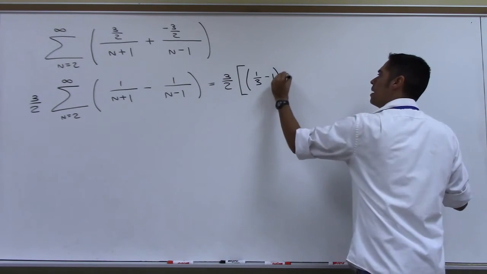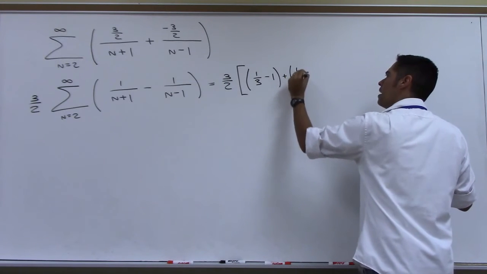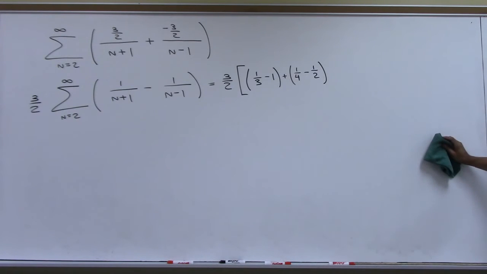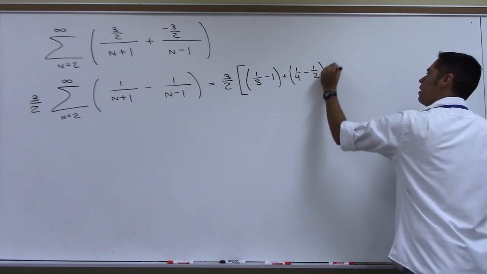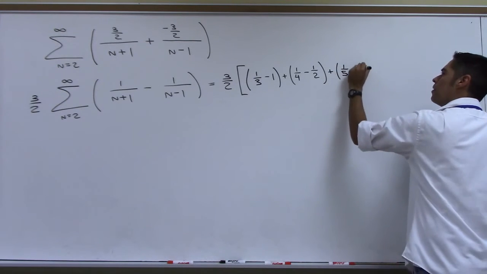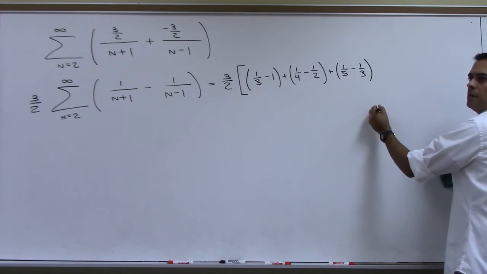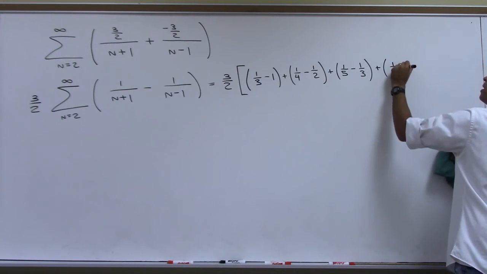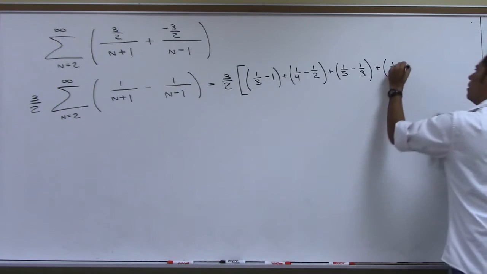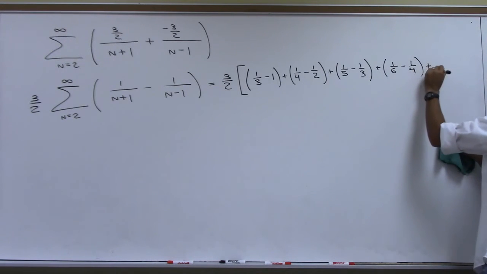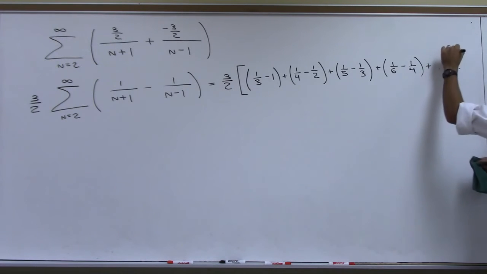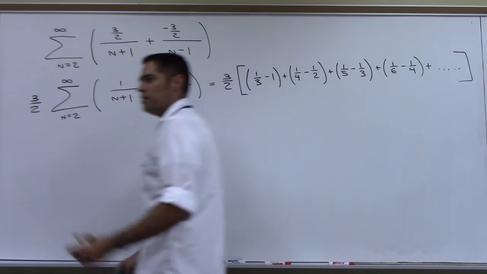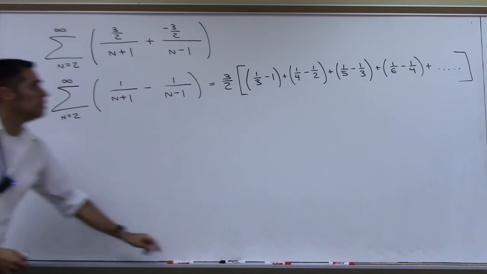Now plug in 3, we get 1/4 minus 1/2. Keep going. 1/5 minus 1/3. Oh, you see it? There's going to be a canceling right there. And then 1/6 minus 1/4. There's another canceling, isn't it? Yes? And that keeps going forever. So I've recognized I'm going to get cancellation. And since I've recognized that I'm going to get cancellation,